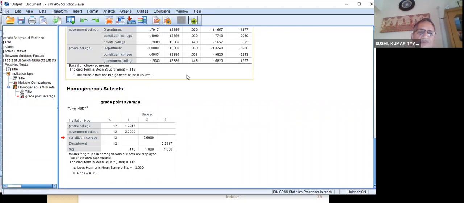So we can interpret either of these. You need not interpret both of them. It is for the sake of explaining that I am taking both of them. Now only one point remains. Okay, let me finish that also because I have time. I thought I may not be able to find time to do it.